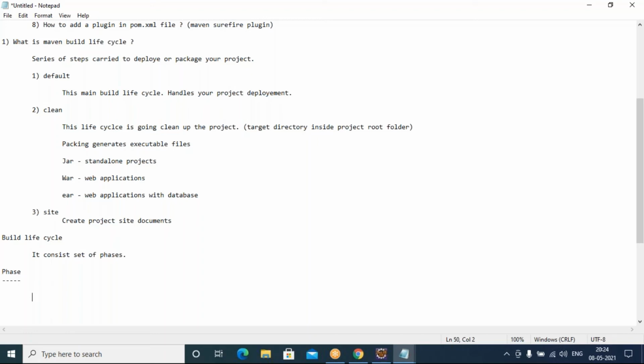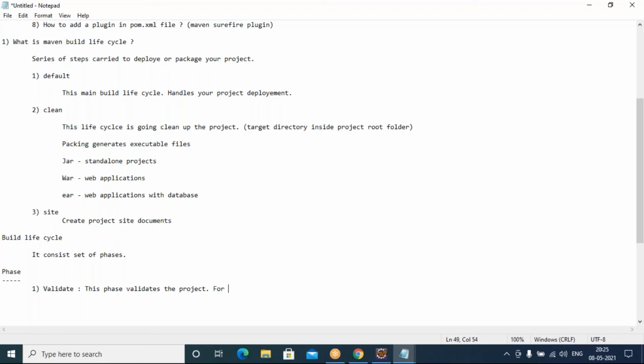First phase is validate. Validate is one phase. This phase validates the project. It's going to validate the project.